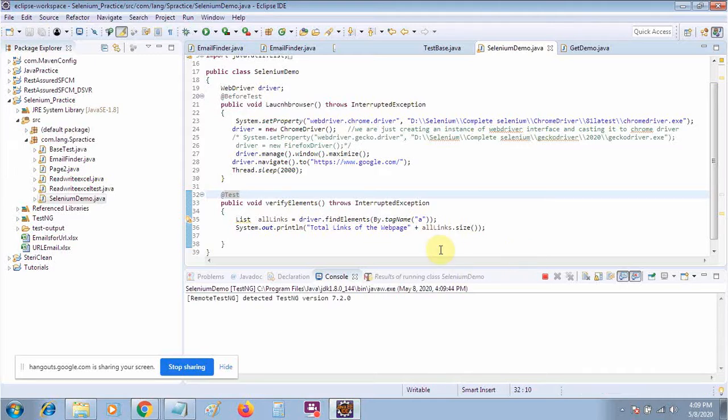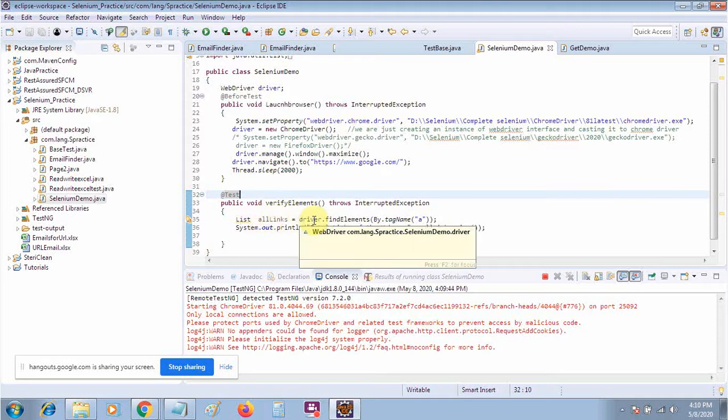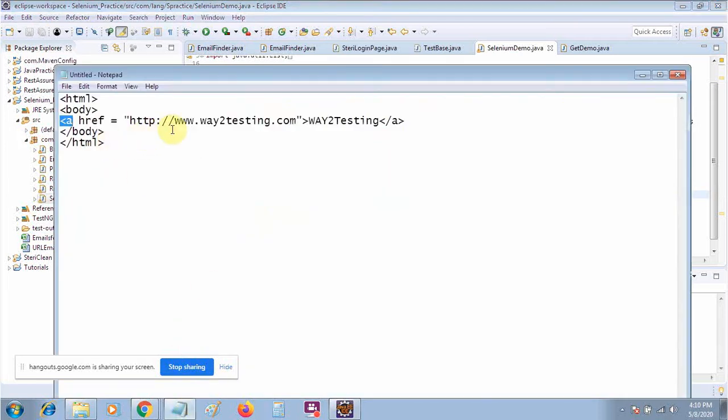You will see that all the links available on the web page will be printed out. Now my next step will be to iterate over all the links from this list and perform my HTTP URL connection operation to check whether they are working or not. Also, for each link we will check the response code. If the response is 200, that means it's working.